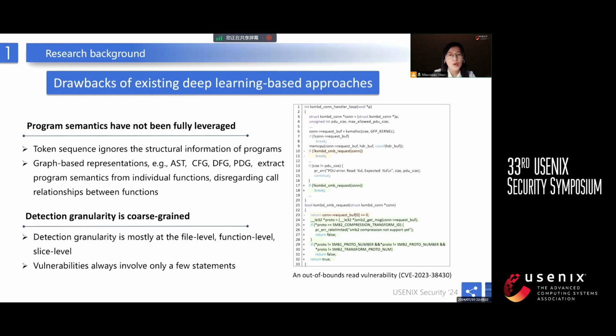To this end, we first combine control flow, data flow, function calls, and code sequence to construct code-joint graphs, that's CJG, and then, inspired by the application of diffusion probabilistic models in a molecular structure prediction task, we attempt to apply the diffusion model in vulnerability detection. It can achieve fine-grained detection by node classification.